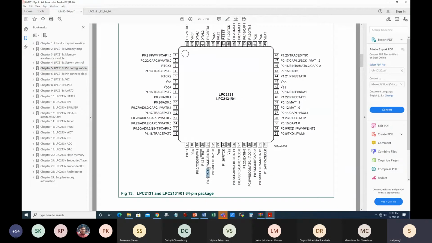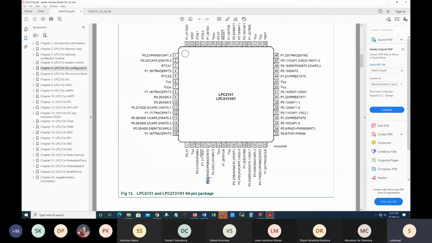alternate functions: RxD0 or PWM3 or external interrupt 0. So in this case, you will find that pin number 21 is represented by this group of functions. There are 4 alternate functions. But one small observation: EINT0, which is external interrupt 0, is also present elsewhere. So it's not necessary that the external interrupt can be utilized. Suppose you want to use this pin as PWM3, and EINT0 gets occupied, you cannot use it as external interrupt 0. In such a case, you have another option elsewhere on the pin configuration to use it, given you are not using MAT and CAP.